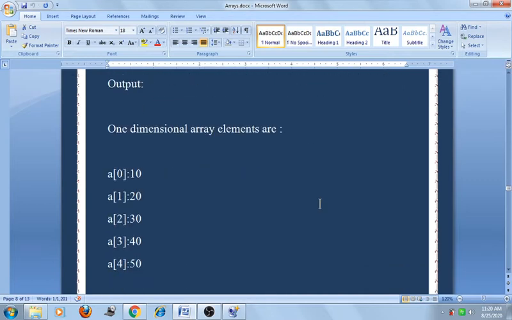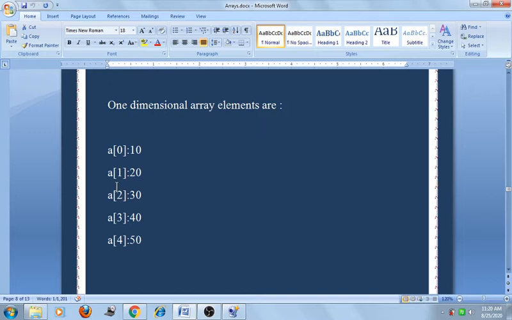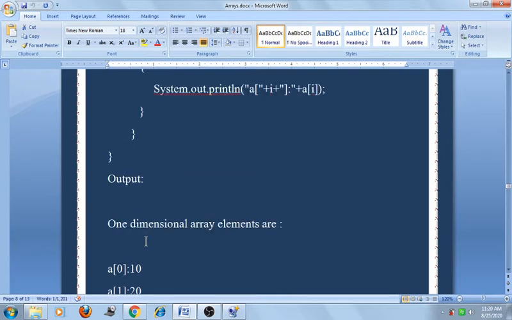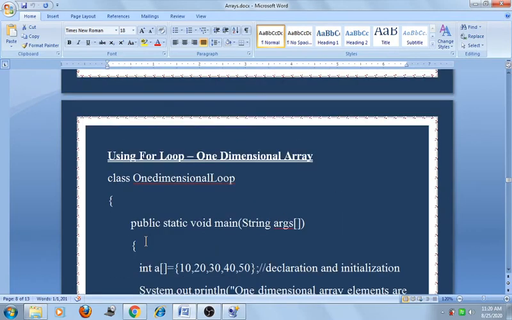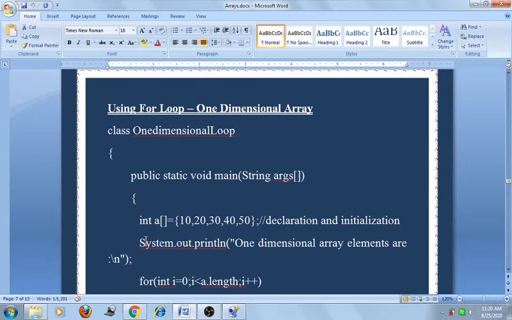Now what is the output? a of 0 equal to 10, a of 1 equal to 20, a of 2 equal to 30, a of 3 equal to 40, a of 4 equal to 50. So friend, this is the output of the array. This is how a one dimensional array is printed using the for loop method.